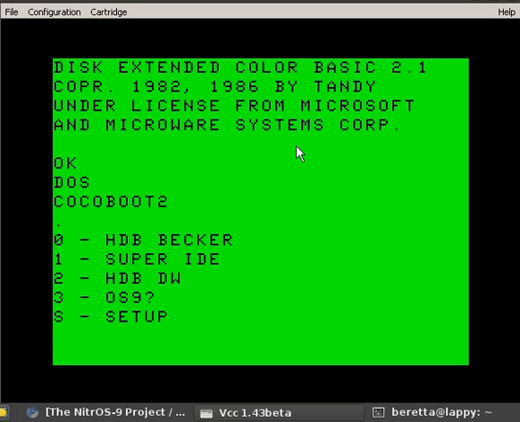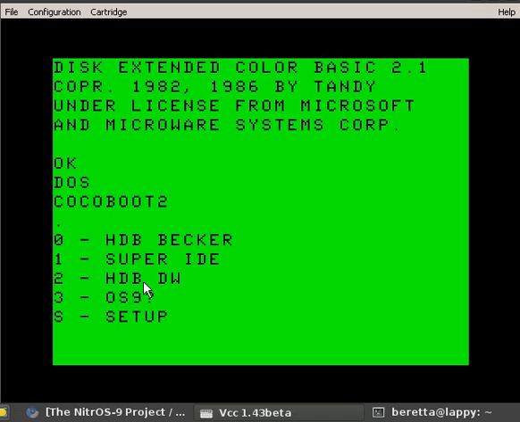It's important to note that the CoCoBoot project is a disk image. Don't try to load it as a basic file or as a bin file. It's actually a whole disk. It doesn't use exactly the RS-DOS file system. It actually uses its own file system, but what it does is it presents to you a boot up list